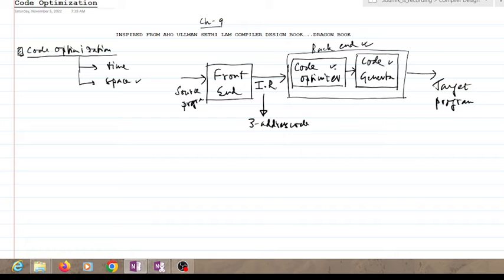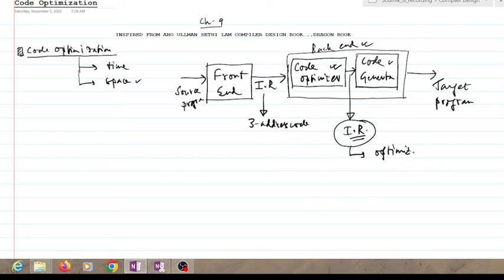The output of the code optimization is still intermediate representation. So the code optimizer takes intermediate representation as input and produces intermediate representation as output, where this intermediate representation is